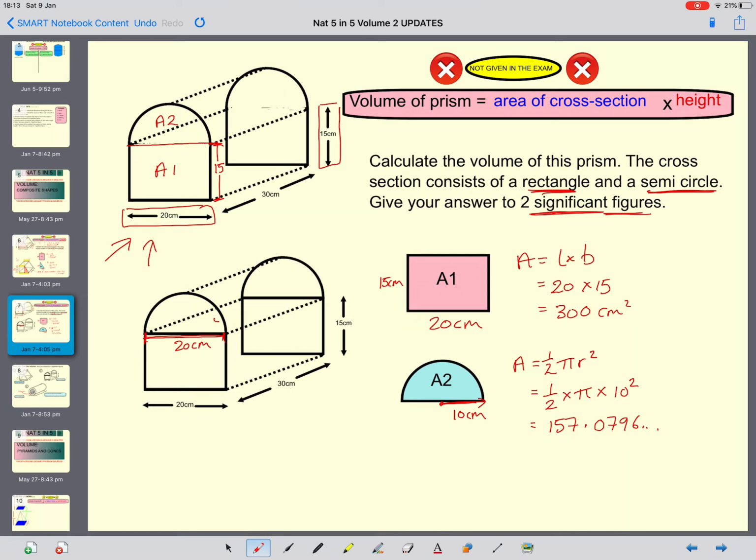So you're going to add them together. So the area of cross section is these two numbers added together. Okay, so you get 457.079, and just like I say, keep it as accurate as possible, and you can keep that full answer in your calculator. If I go back up to the top again, so the volume of this prism is going to be my area of cross section, which is